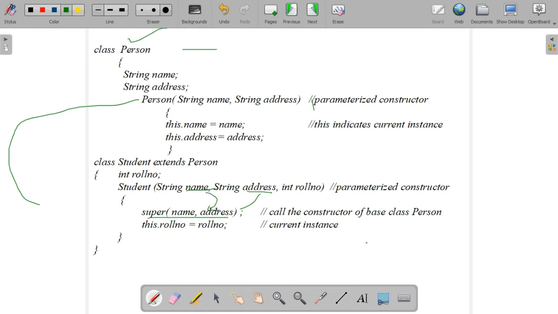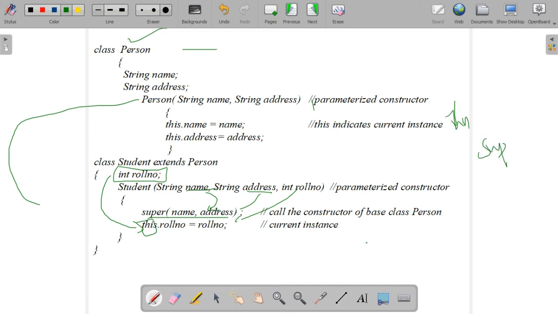That's why two parameters are passed here, and the third one belongs to the child class. Then inside the child class constructor, open the braces. The very first statement should be the super keyword. That's why super(name, address). The parameters we have passed here belong to the super class. That's why we write super(name, address);